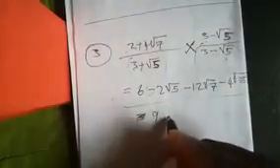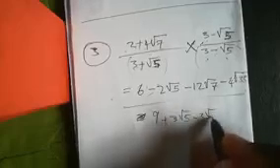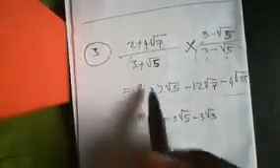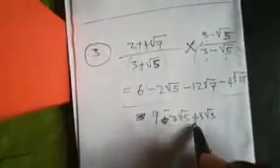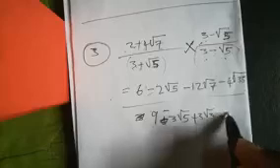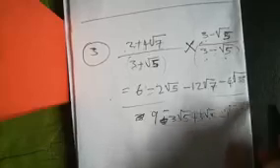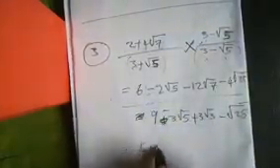This multiplied by this, 9. This multiplied by this, that's positive 3 root 5. When this is multiplied by this, negative 3 root 5. Am I correct? This and this one, here we should have negative, here we should have positive. Then this and this, minus 5. So these will cancel each other. We got 6 minus 2 root 5